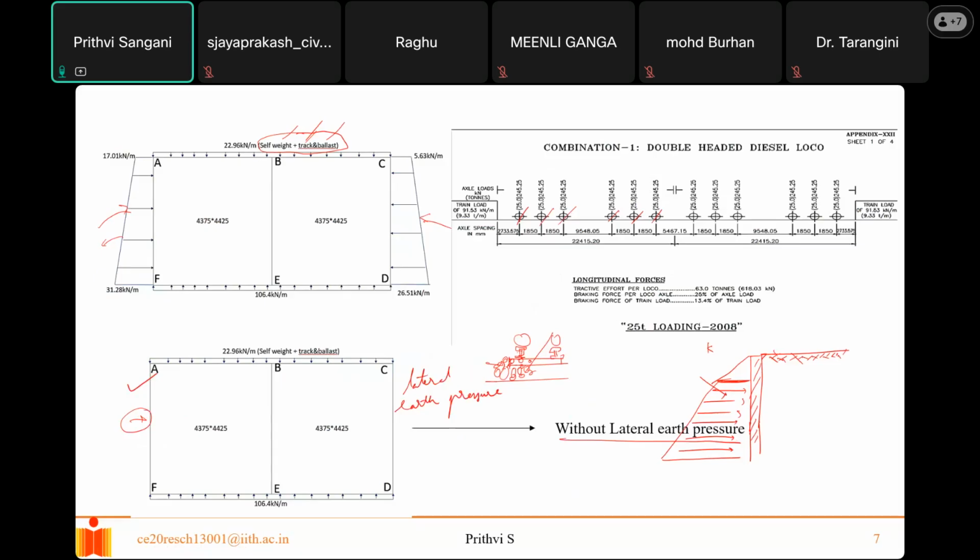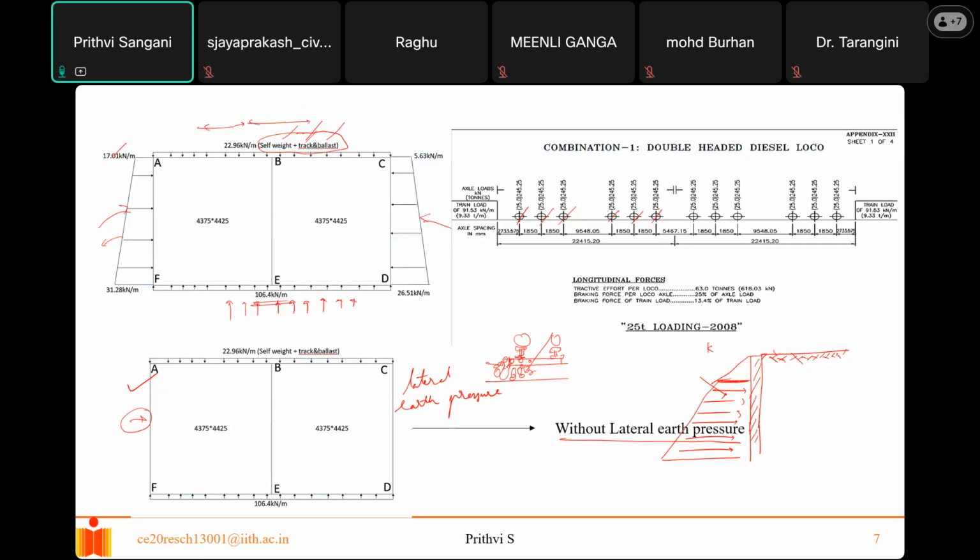So we have checked this, and this is because of the reaction from these loads. So even this will act as some kind of a uniform loading on the bottom slab. So now what we'll do is, with these loads, we tried to run ILDs, and what we found is that with these combinations,